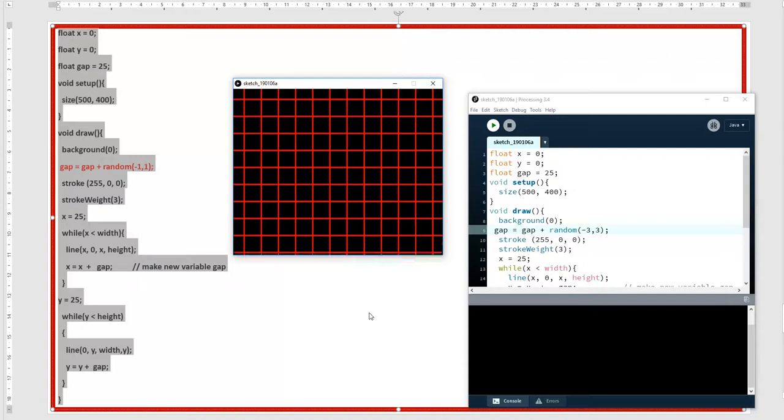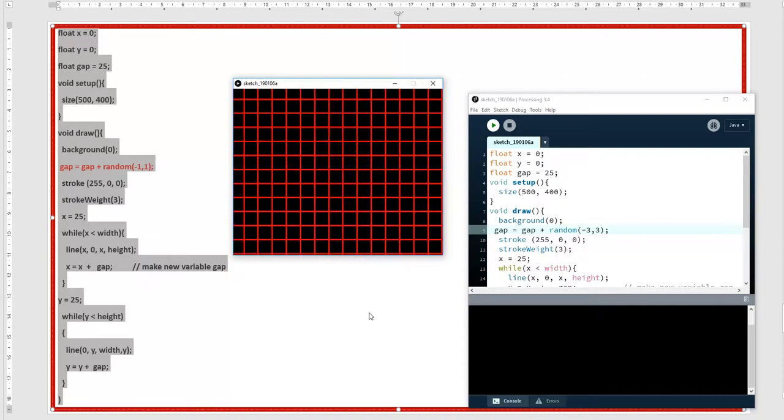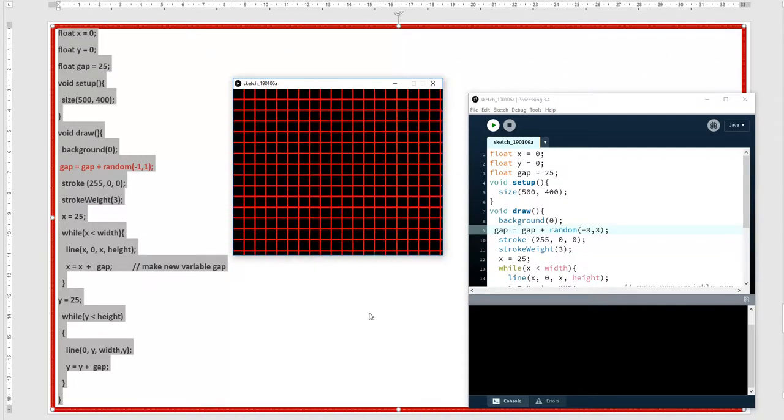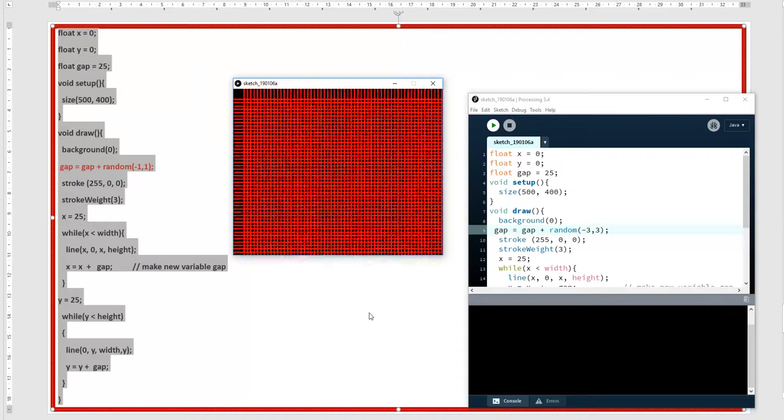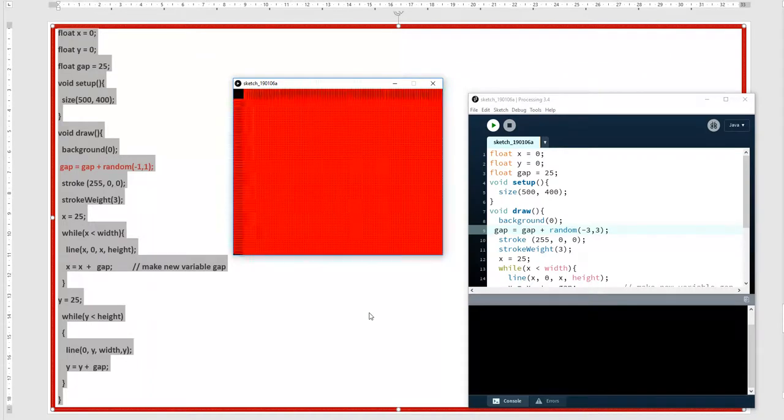Right? So in this lesson you have learned the difference between the if statement and the while loop. An if statement could run one time or zero times, while the while loop could run one time, two times, three times, or up to infinity times, right?